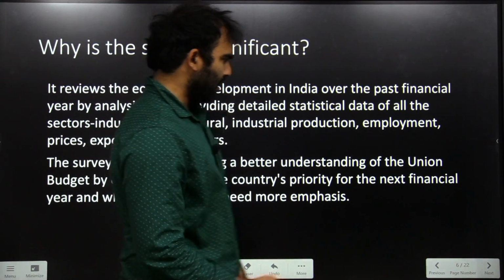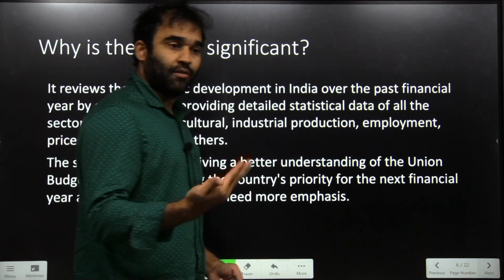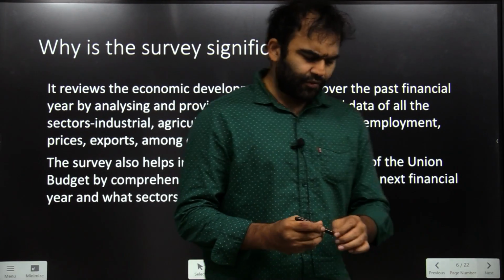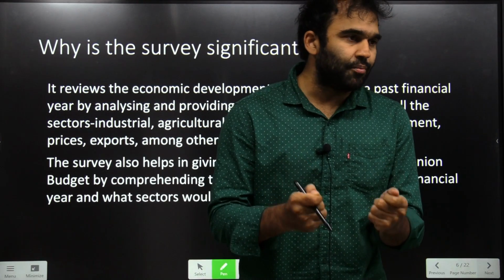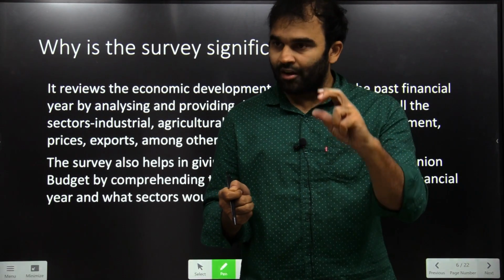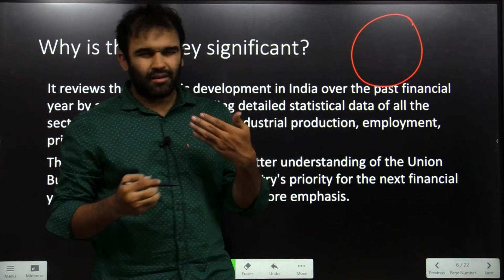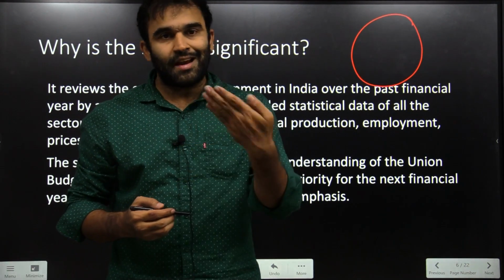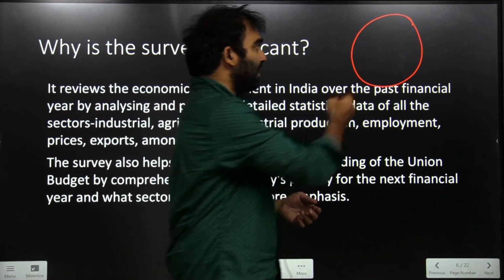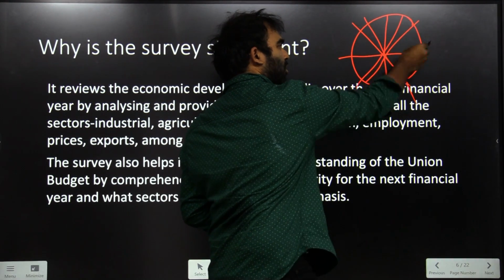By going through the economic survey and the budget, you can see what the government is focusing upon for the next financial year. Remember that the budget is about monetary allotments to different ministries. Different ministries means different sectors. By looking at those allocations, you see that you have many sectors and subsectors in the economy. But it is humanly impossible for the government to focus upon all the sectors at a time, right? If you did that, the government would have to divide the entire pie into many small parts, which no government does.